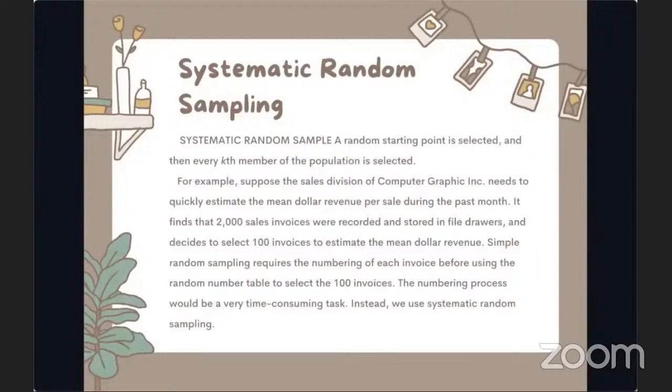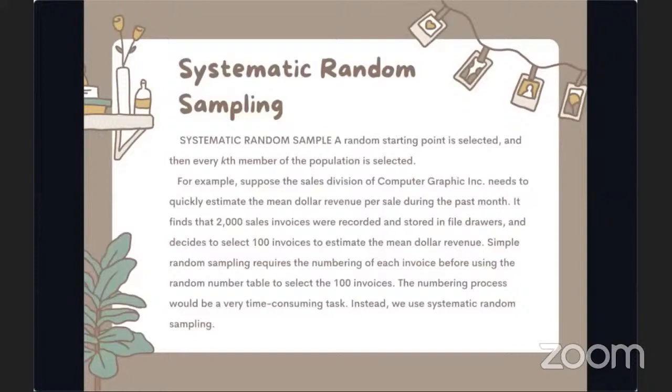Systematic random sampling. In a systematic random sample, a random starting point is selected, and then every kth member of the population is selected. For example, suppose the sales division of Computer Graphics Inc. needs to quickly estimate the mean dollar revenue per sale during the past month. It finds that